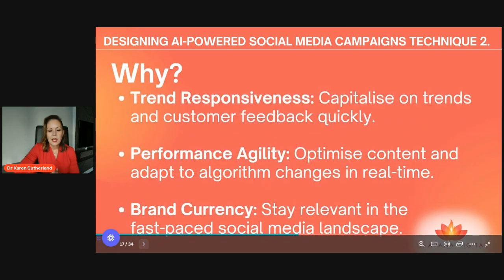And why? Because it's important to look like you actually know what's going on in your space and in your industry, because that's where you look like a leader and you build credibility, because you are actually responding to what is happening right there in real time, rather than jumping on it late or missing it completely.